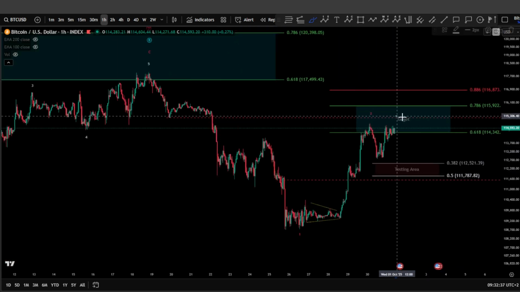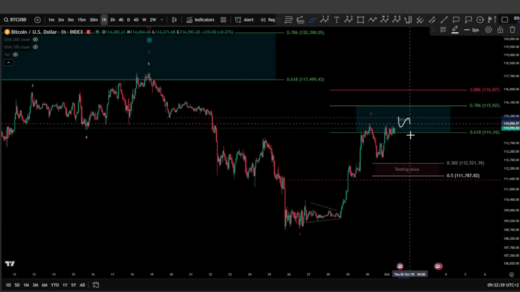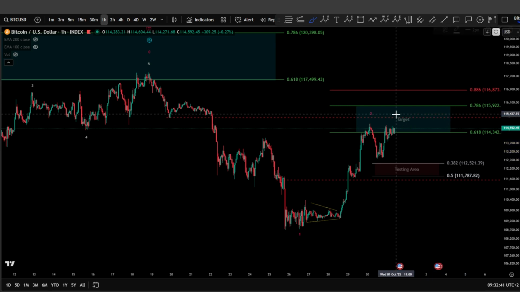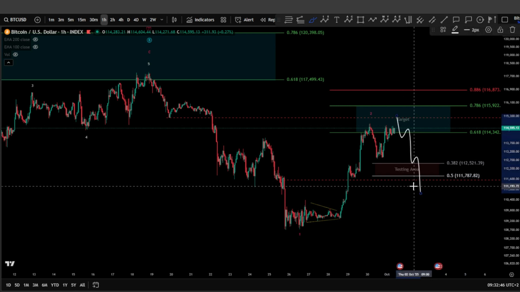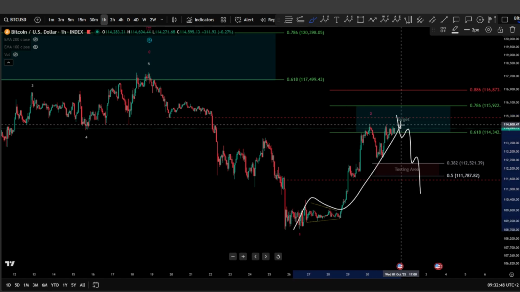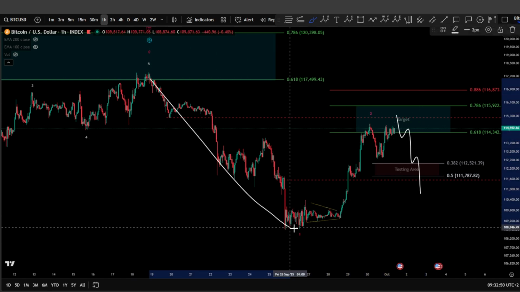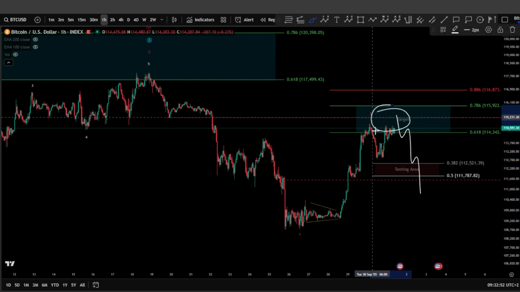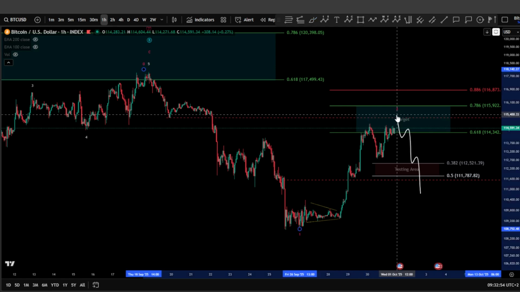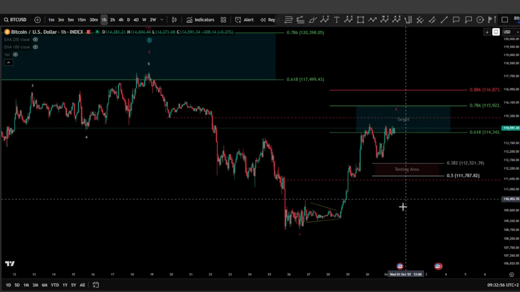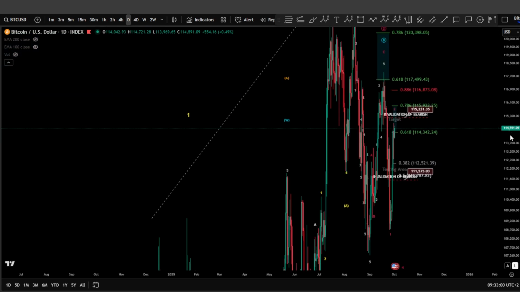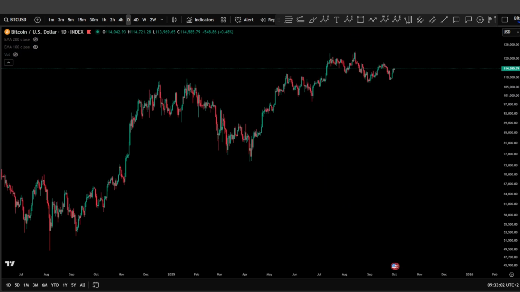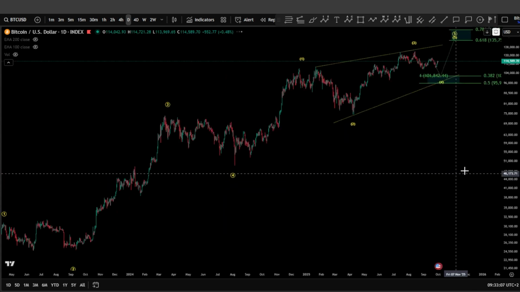And we will see, of course, the final answer given in this correction, or if it is an impulse. If it is an impulse, we're coming back, of course, to an ABC or WXY. We continue the trend 1, 2, and then in our blue box, of course, as a wave 2 here, and then moving simply toward the downside. All right, so let's move to the daily here. This is regarding, of course, the micro level, what might happen today, and what the possibilities are.